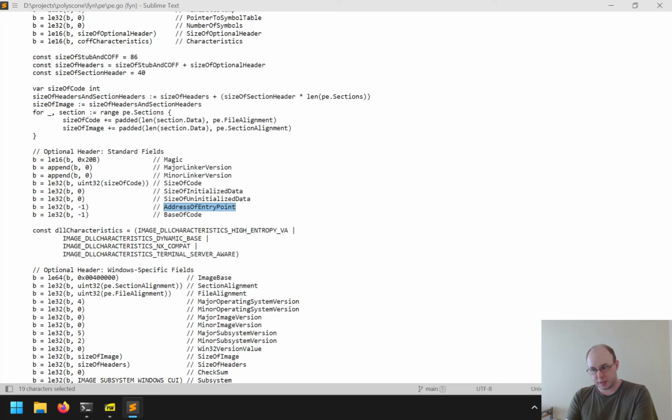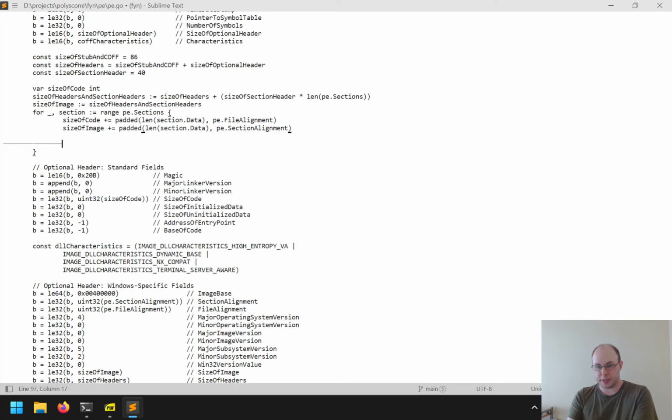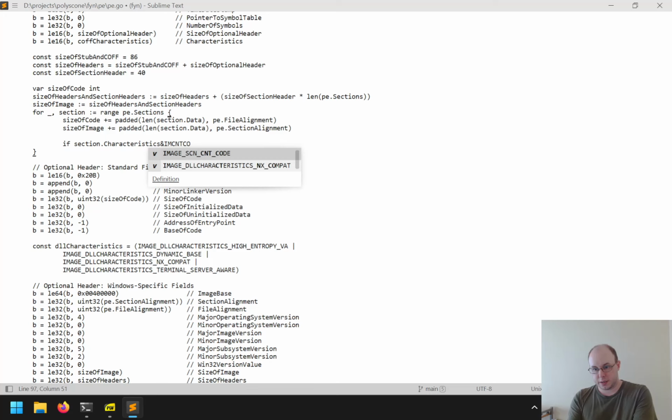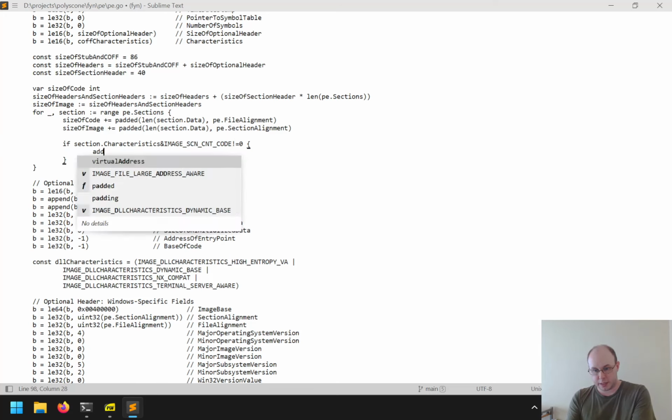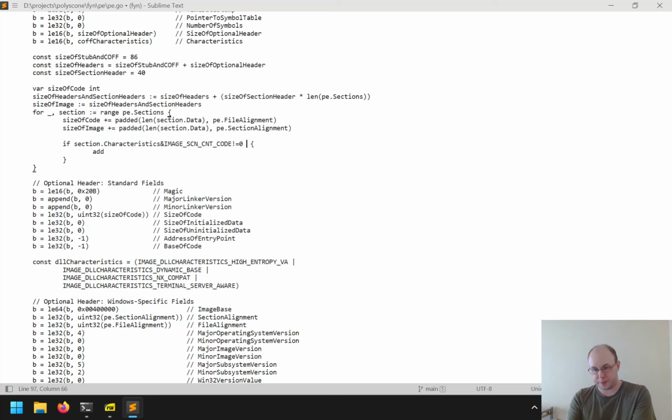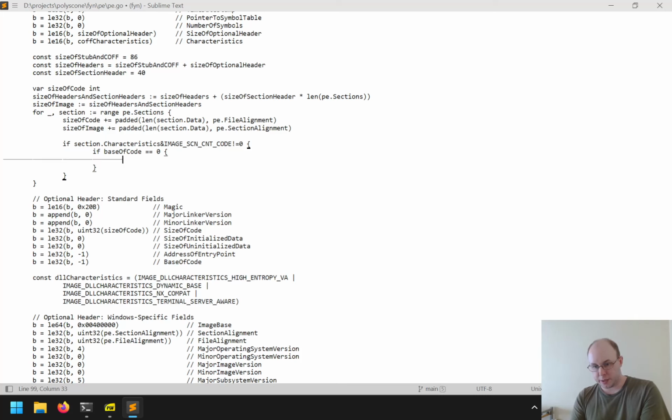Okay, so I'm saying this is the first code section, so I know now that if the section characteristics has the code flag set, then we'll set the, and we'll say, let's see, if base of code is 0, then we'll set base of code equal to section dot